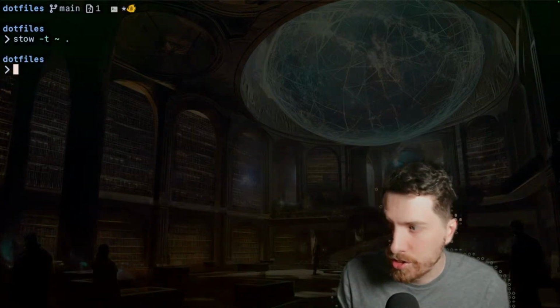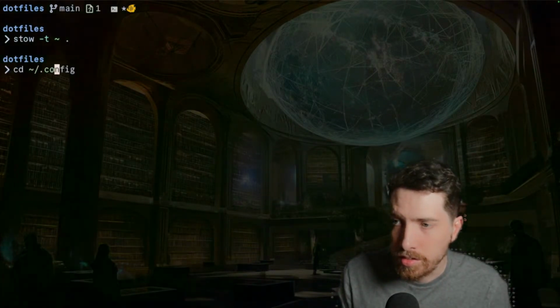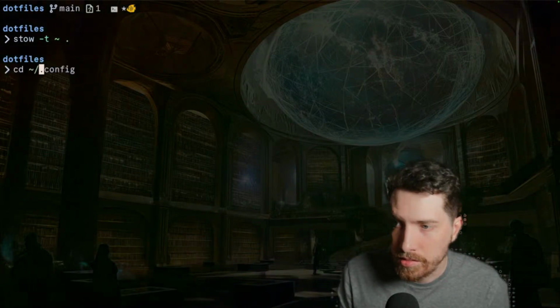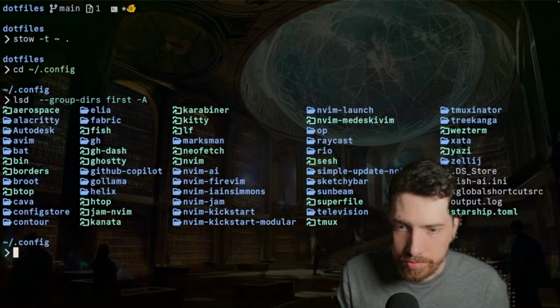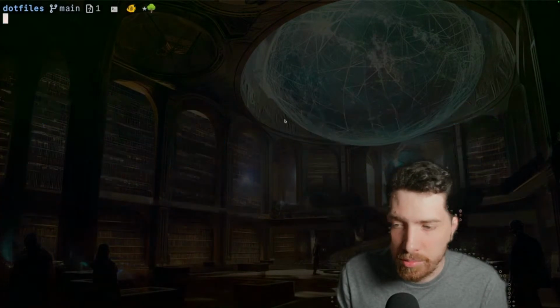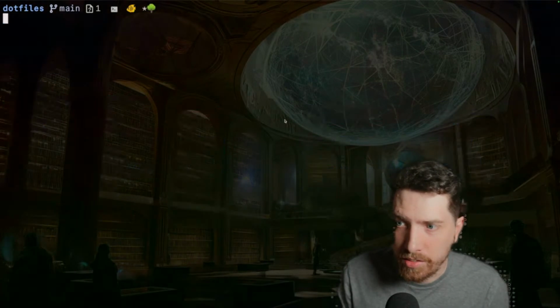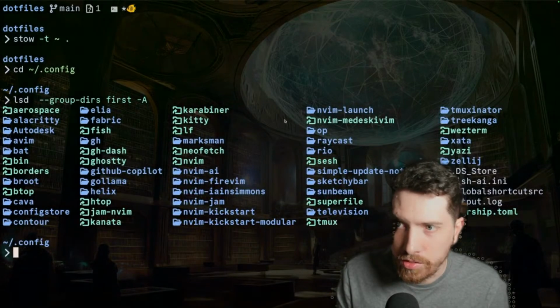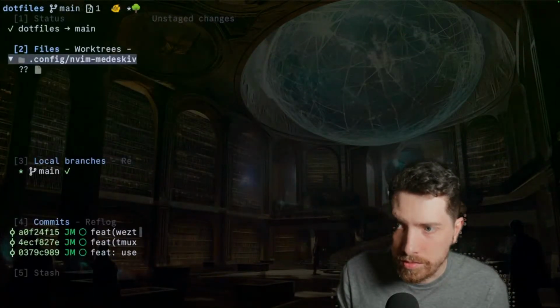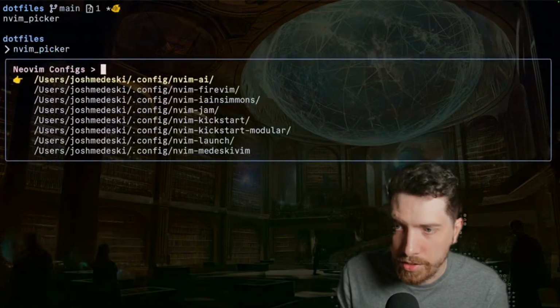And what that should have done is neovim Medeski Vim is now in my dotfiles. Oh, I need to close that. And I need to remove